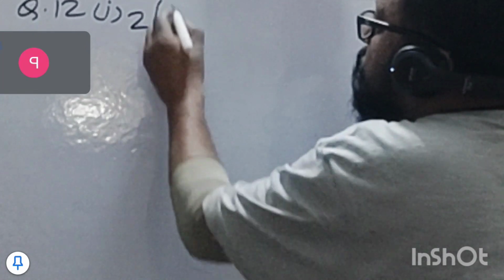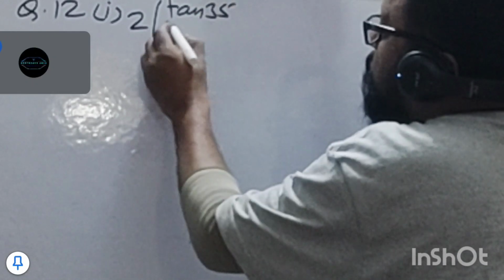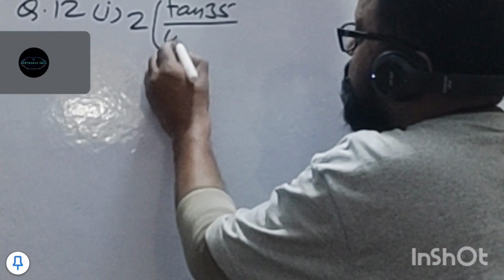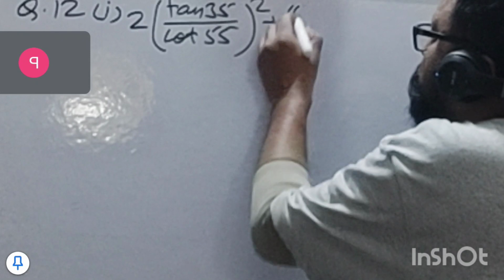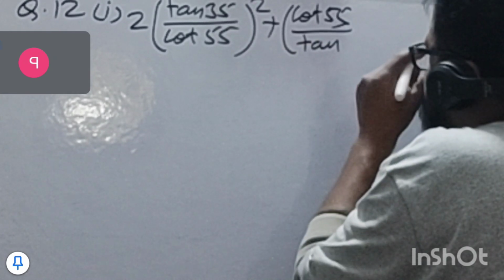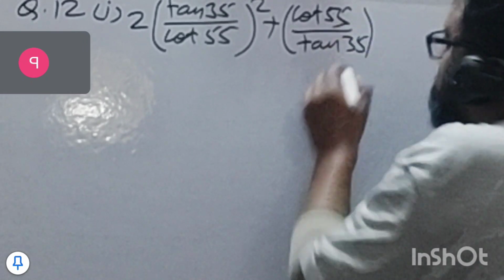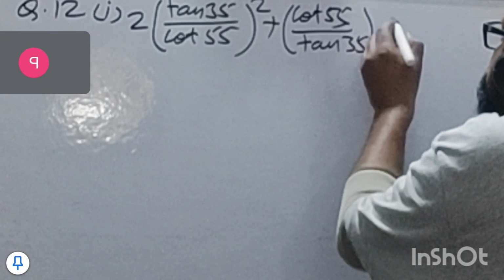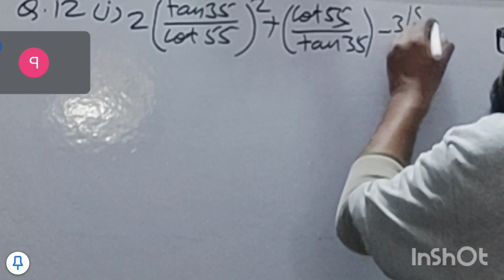Now we come to question number 12. Question number 12 part 1, and the question is 2 tan 35 upon cot 55, whole square, plus cot 55 upon tan 35, minus 3